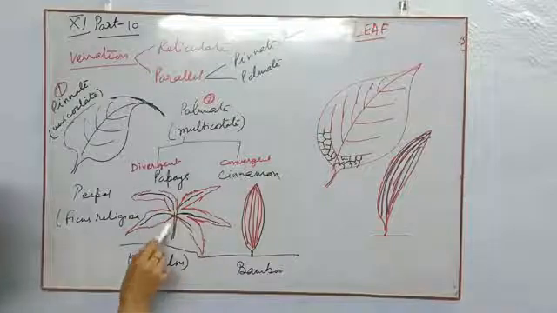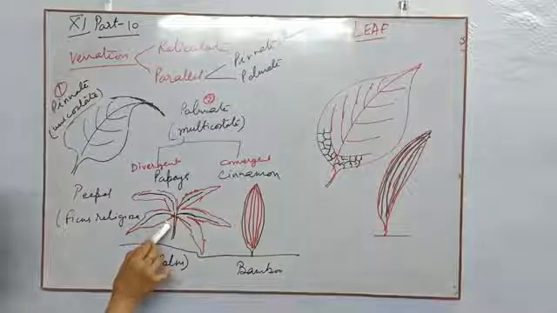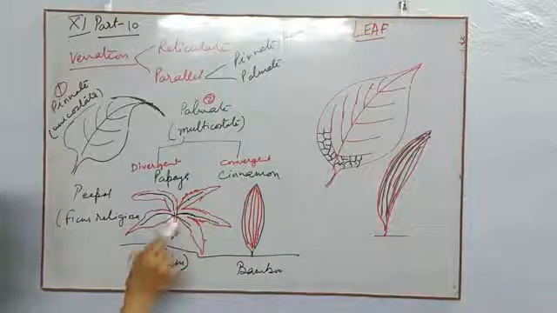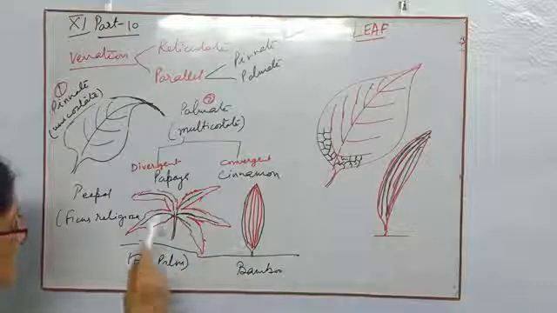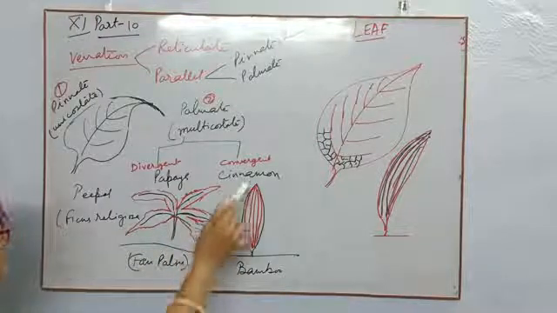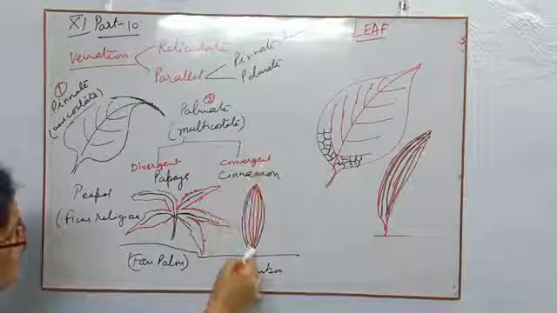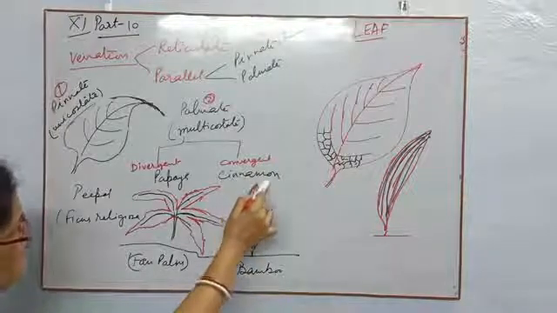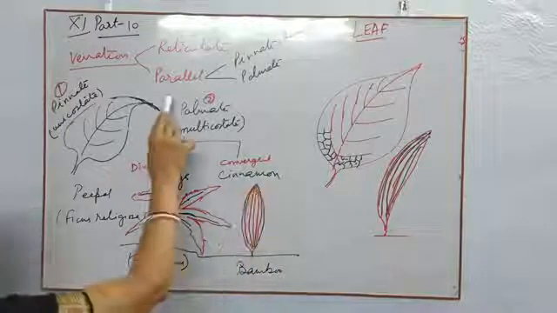Now multicostate has divergent and convergent. The first example for divergent is papaya. The midrib is divided into 4 or 5 parts towards the outside. And convergent means all the veins will converge at one place. An example is cinnamon. Now we will come to the